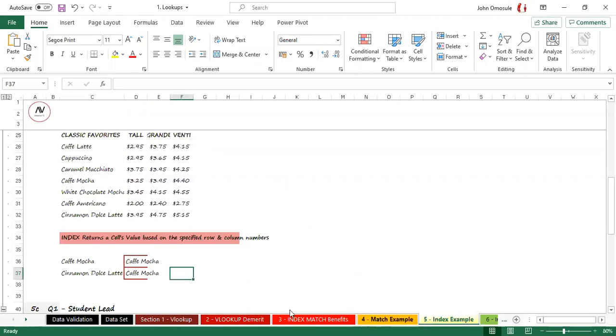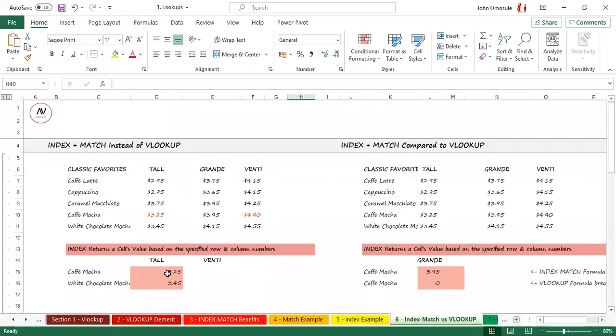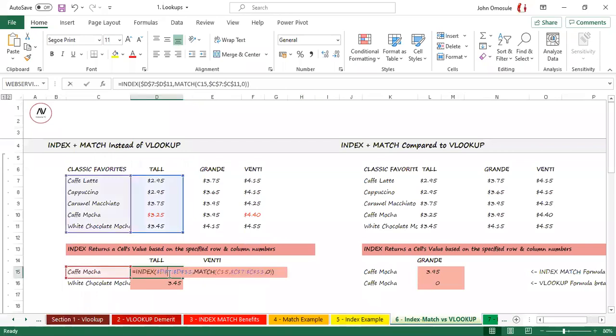So we did an example of index. I have done it again. Index and match combined. So let me explain this. I have here